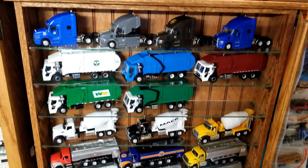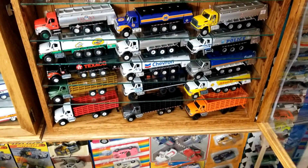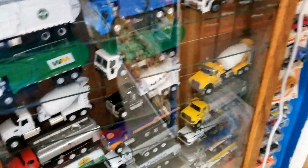Got your Max. Looking pretty good. Tanker trucks, Workstar, all the way through there. So that covers the cases. Now, at the bottom,